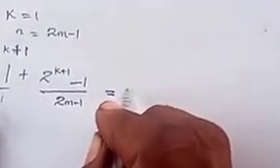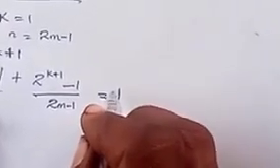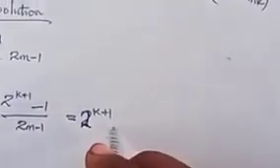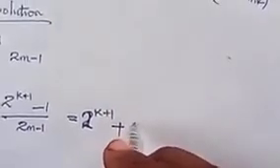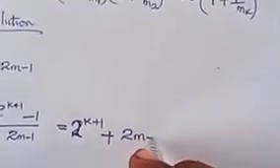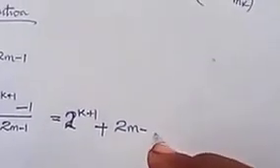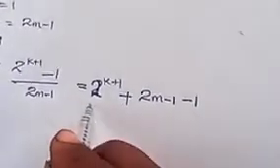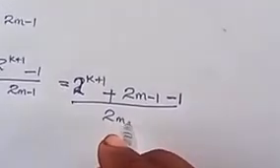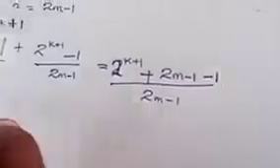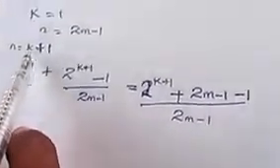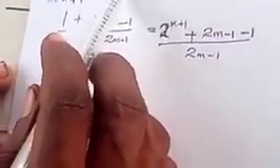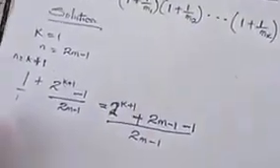We have 1 over 2 raised to power k plus 1, plus 2m minus 1, minus 1, then all over 2m minus 1. So this is what we have. This one is equal to this. When we put k plus 1, then we have n equal to 2m minus 1. So we have this, and this one becomes,